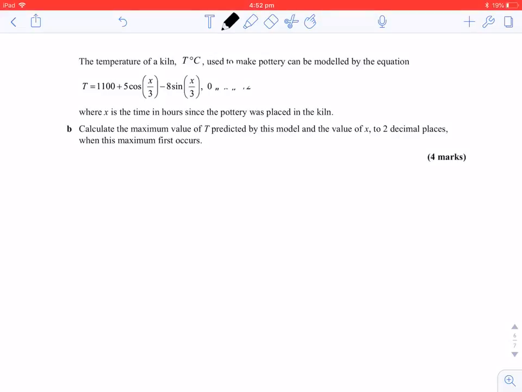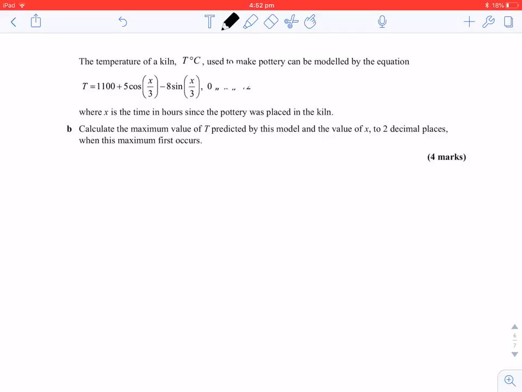So for 3b, the temperature of a kiln, T degrees centigrade, is used to make pottery and can be modelled by the equation T = 1100 + 5 cos(x/3) - 8 sin(x/3), where x is the time in hours since the pottery was placed in the kiln. Calculate the maximum value of T predicted by this model and the value of x to 2 decimal places when